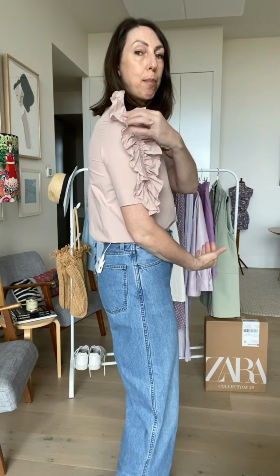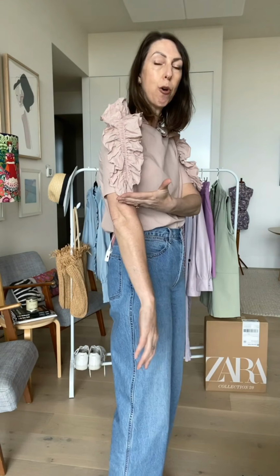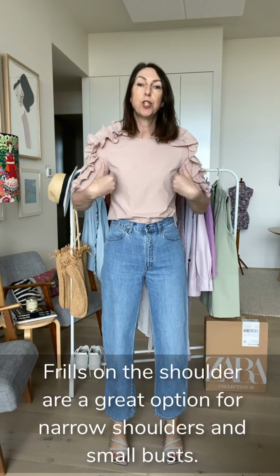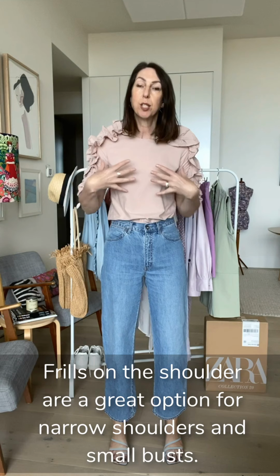You've got this double sort of frill going all the way from the shoulder line down to the elbow, and it is a nice high neck. So this is a really good style for my body shape, which is smaller in my upper body, smaller busted, and I like the fact that it gives me an exaggerated shoulder. So when I tuck it into something high-waisted like I am today, it really gives me that nice in-out hourglass